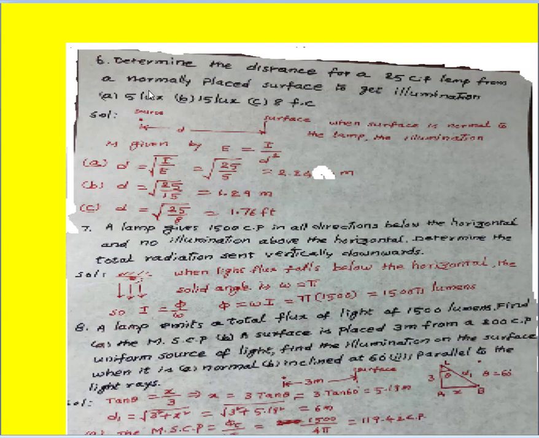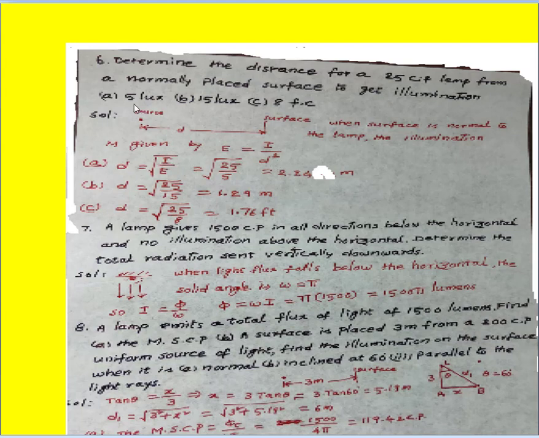If the illumination at this surface is 5 lux, what is the distance between this source and the surface? That is d he wants. So to get this d, he has given other data, and we know the illumination inverse square law, that is E is equal to I by d square, where I is luminous intensity, d is the normal distance from source to the surface.